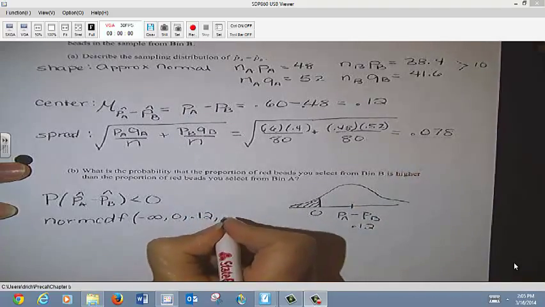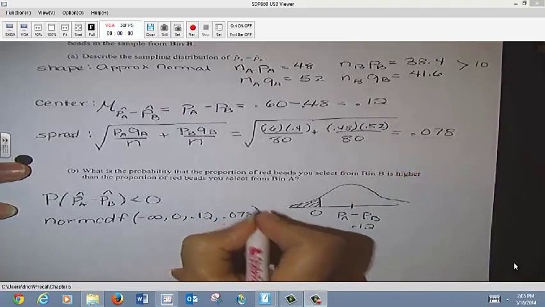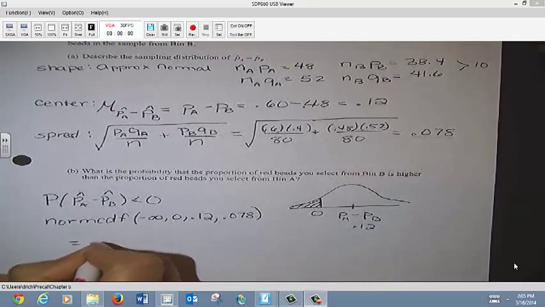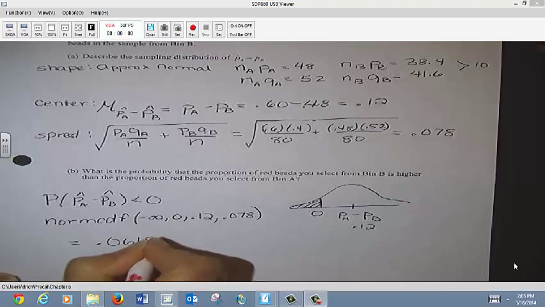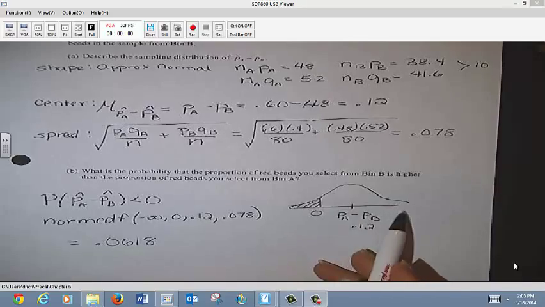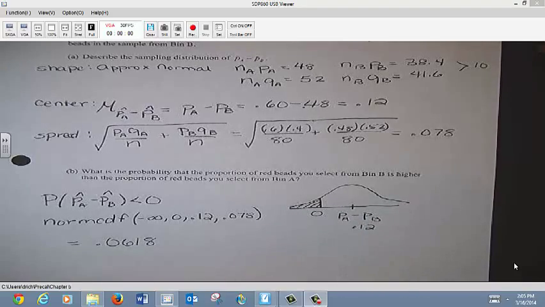Make sure you're using the standard deviation of the sampling distribution, and this should come out to be 0.0618. Be really careful to think about if you want a value above 0 or below 0, depending on what your question is asking. Flipping over